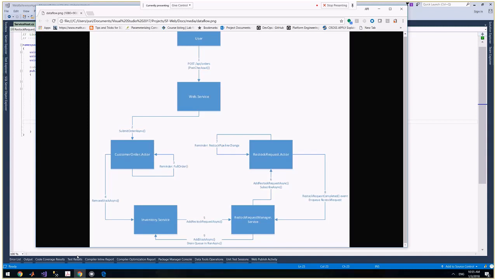ordering system. So there's a web service that can submit an order. There's a customer order actor that can query the catalog and the inventory. If there are items there, it's going to safely decrease the item count, removing it from stock. And then it can create a request to the restocker service. This is all modeling, but this restocker service is going to communicate with the restock actor that has a restock pipeline, and each one of them is a finite state machine,